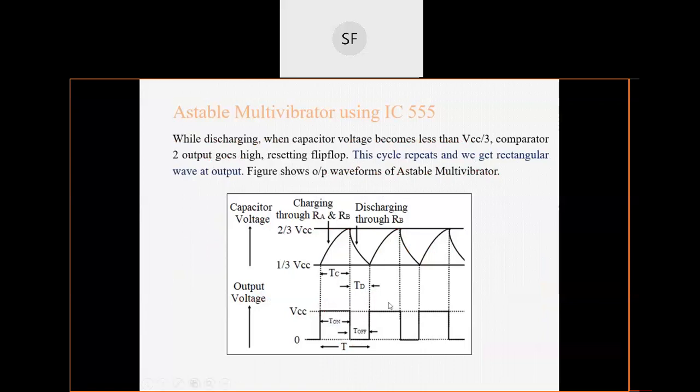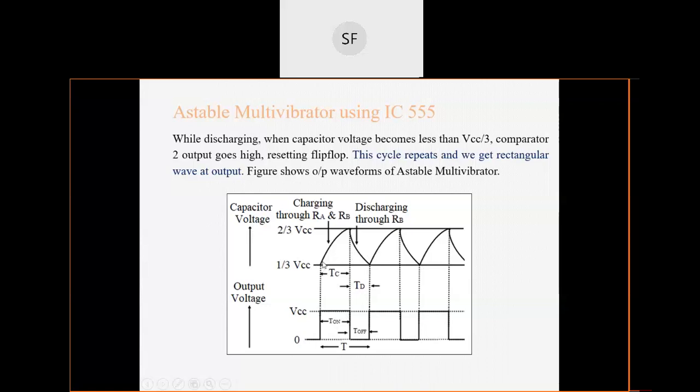Again, whenever a question is asked about astable or monostable, the output waveforms are very important. So in monostable there were three different waveforms. First one was the trigger, second one was the voltage across the capacitor, and third one was the output voltage. Now here there is no trigger, so there will be only two waveforms. This waveform, you can observe, looks like a sawtooth waveform. So this waveform is nothing but the capacitor voltage waveform. Okay, first one. And the waveform below is your output voltage waveform.